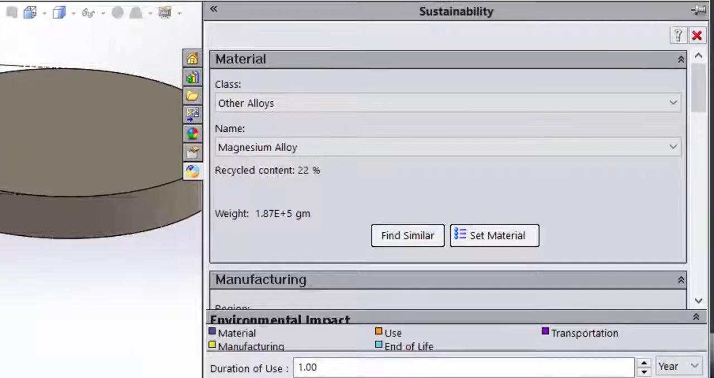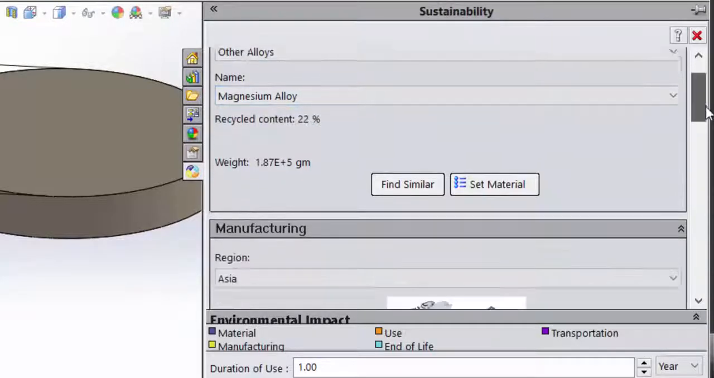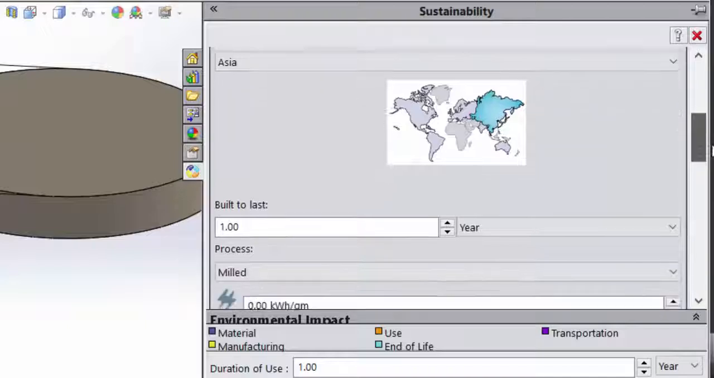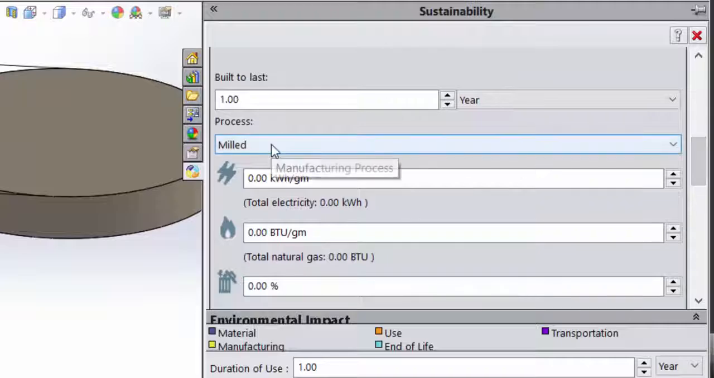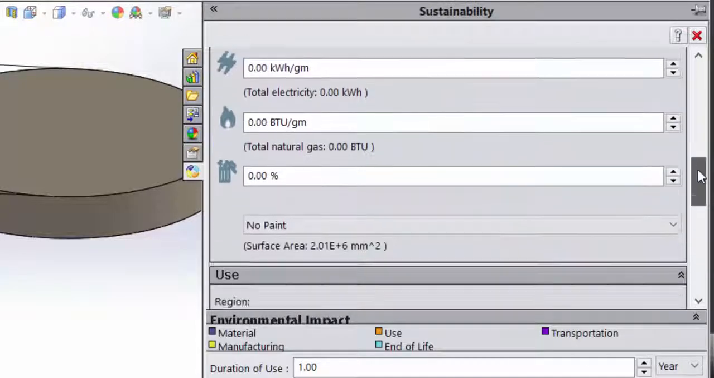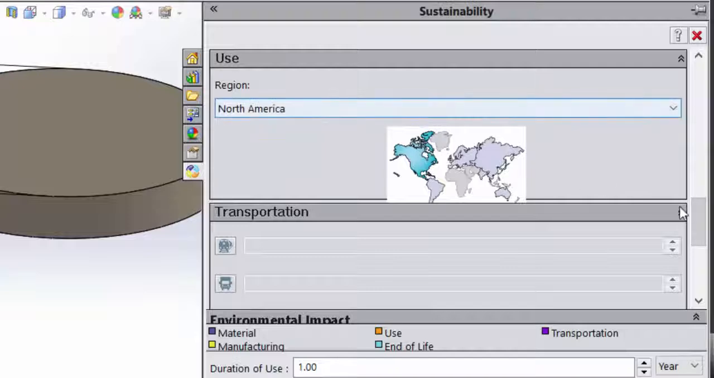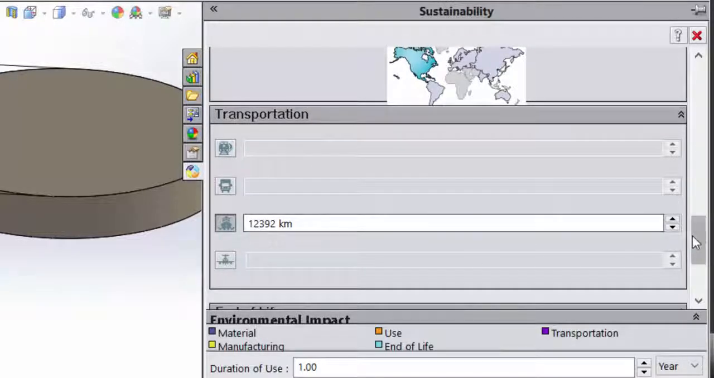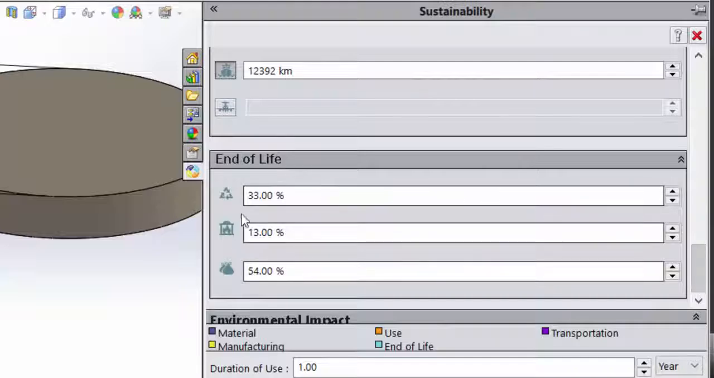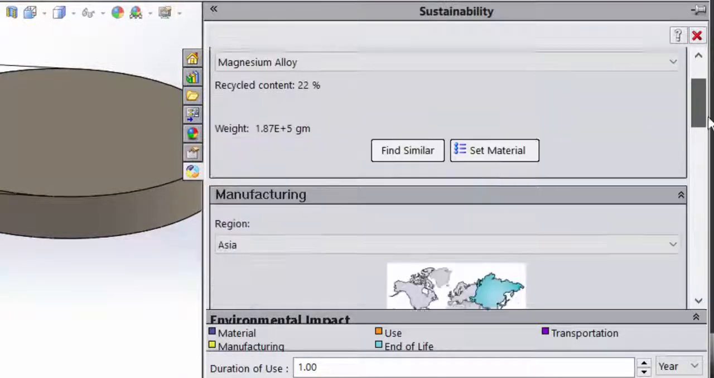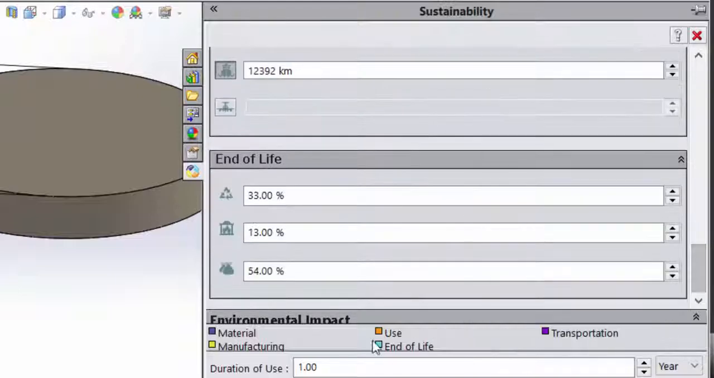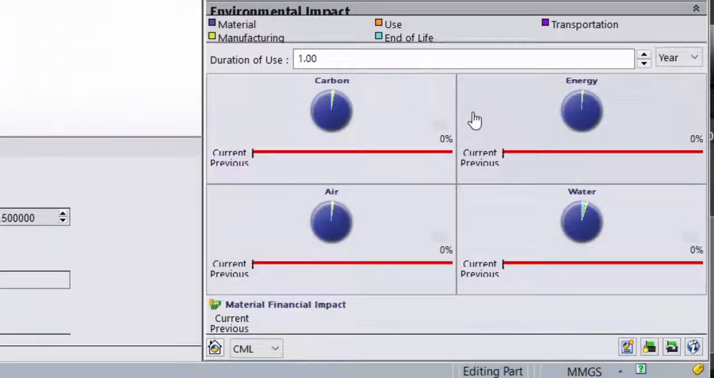Once the Sustainability tab has been opened, you can now scroll through and select the material type, the manufacturing region, specify how long the part will last, the process by which the part will be made, the region of use, the mechanism of transportation, and the end-of-life parameters. Most of these are built-in parameters, and you can utilize the defaults for anything for which you're unfamiliar with. Once you've specified these values, you can assess the environmental impact in the dashboard on the lower side,